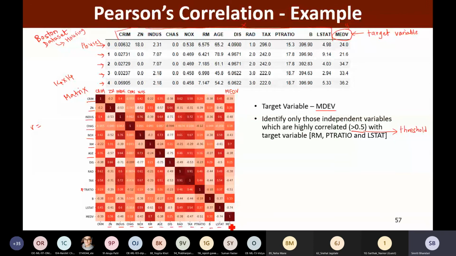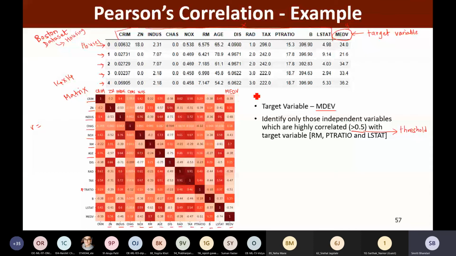Right? So if we look at this column for MEDV, we have all the correlation values with all the different independent variables. For example, the correlation of MEDV with CRIM is minus 0.39. MEDV with ZN, the correlation is 0.36 and so on.